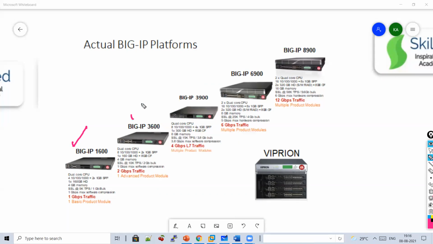Second model which has been used is BIG-IP 3600. And there are other models which are being used, which is called BIG-IP 3900, 6900, 8900. If someone asks you which model you have worked on, you can tell them this.